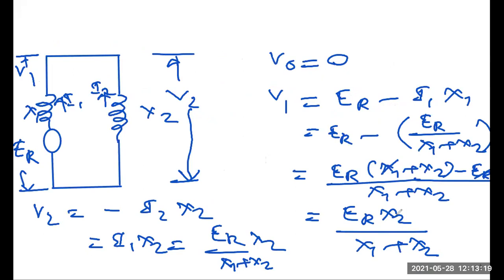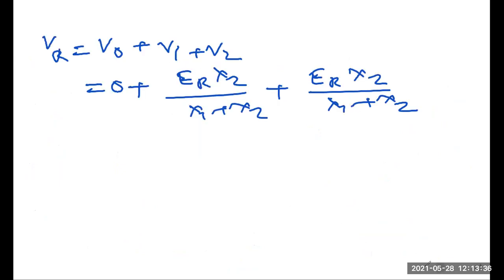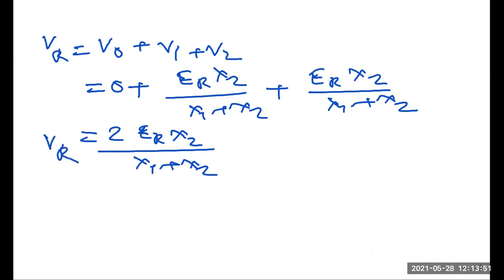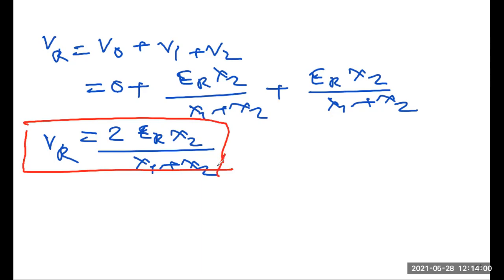Okay, you see here ERX2? Yes or no? This is ERX2. V2 equal to ERX2. Now the confusion is clear? Okay. I have not written anywhere where it is going to. So here you see, this will be 2ER x2 divided by x1 plus x2. So this is your VR. So we'll mark VR as this one. So VR is 2ER by x1 plus x2.